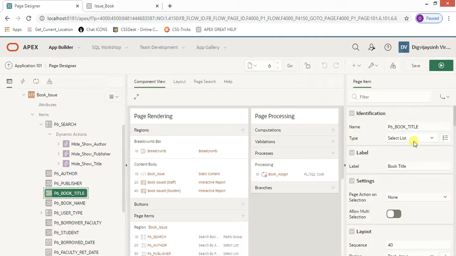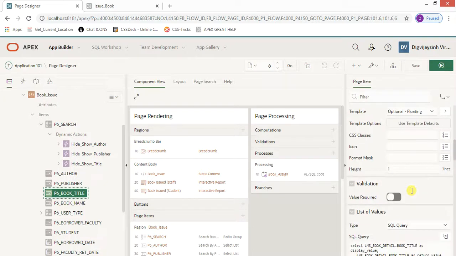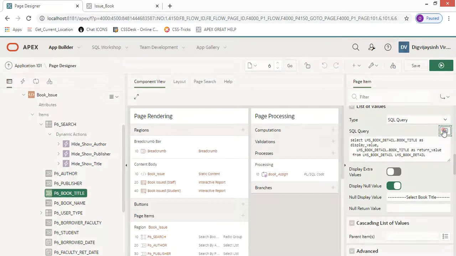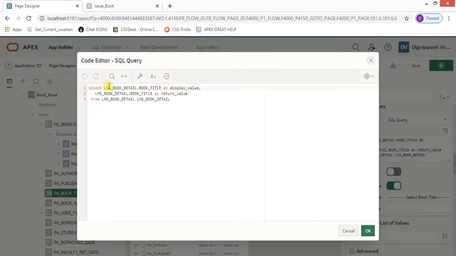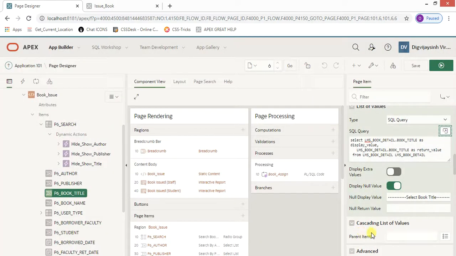And then the third item, there is a book title select list, and you need to create this query. Name it as select lms book detail book title as display value and book title as return value from the book table.